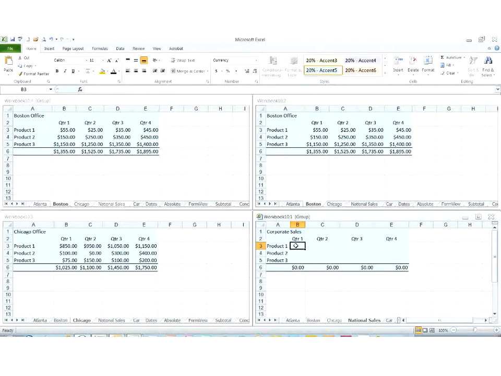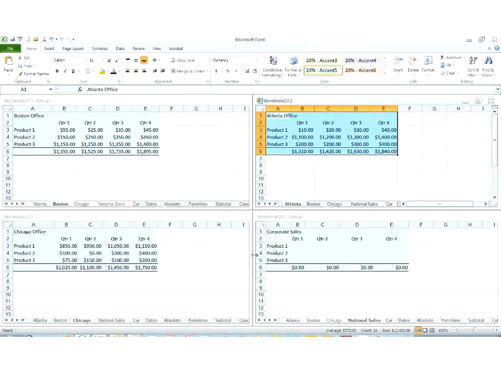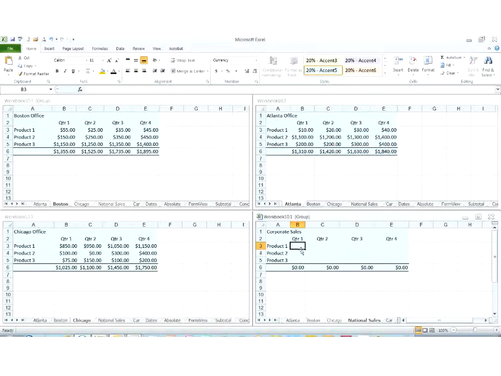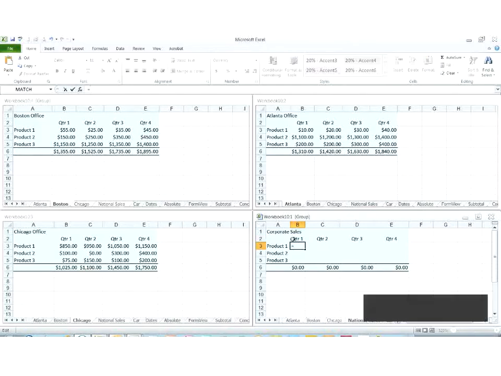Now, one of the other things I can also do is add each of these columns together. For example, I could take product 1 from Boston, add it to product 2 from Atlanta, and product 3 of Chicago. The way to do that is a very simple formula. We're kind of crossing into the formula area, but it works real well like that. In corporate sales, in cell B3, I'm going to type an equal sign,